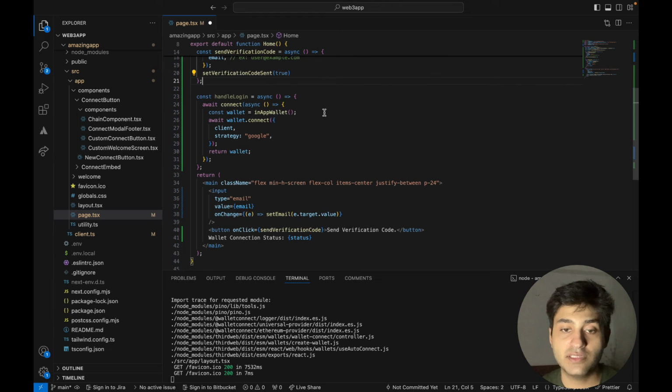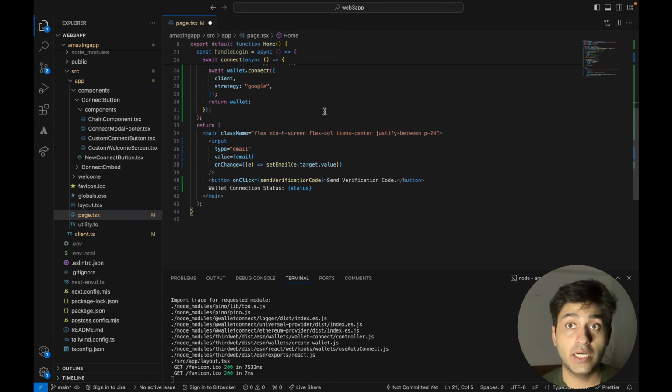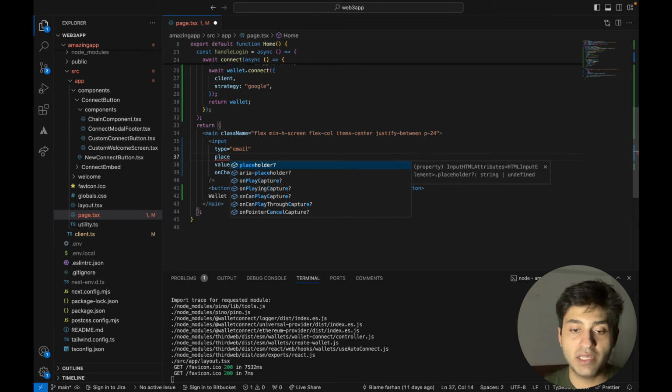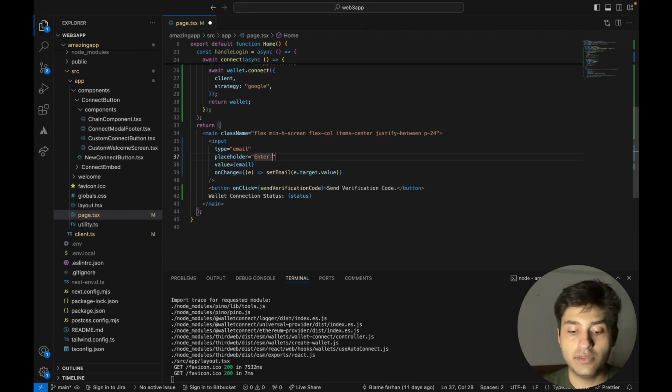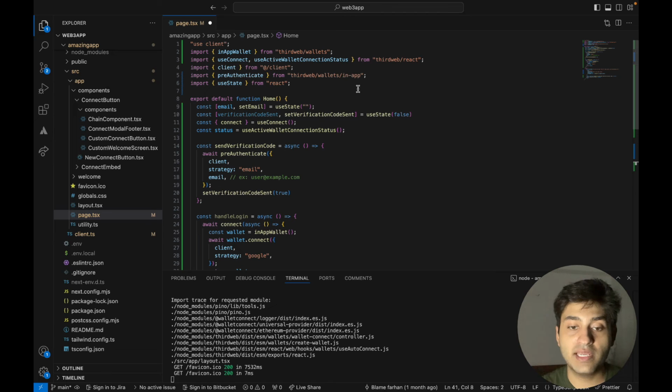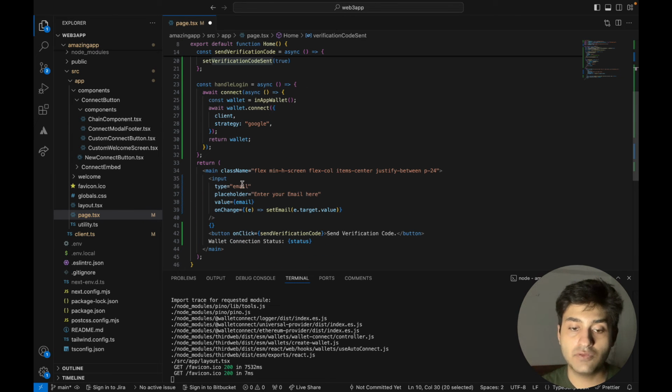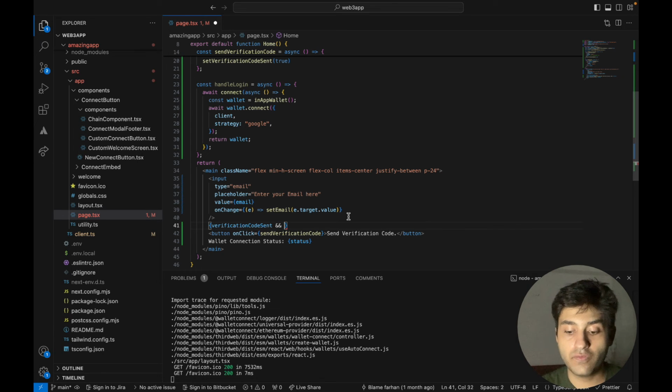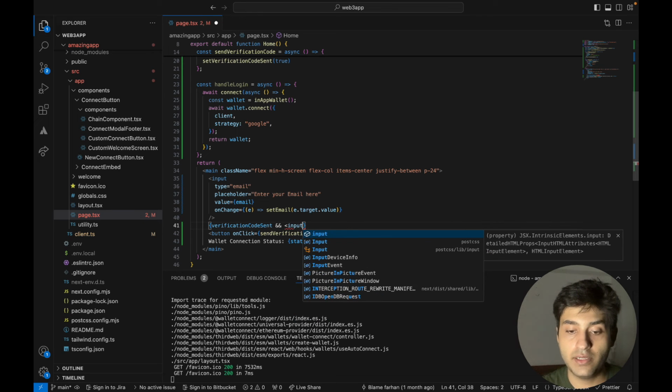In this case, once the code has been sent, we'll need to render a new input field that allows the user to input the verification code. Let's actually go ahead and add a placeholder so it's less confusing: Enter your email. As for the second input, we need to put it inside braces where we can conditionally render it, and this will only get rendered if the user has received the verification code. We're going to write verificationCodeSent, and if it's true, we're going to render an input field right over here,